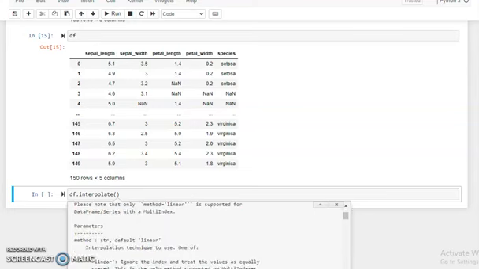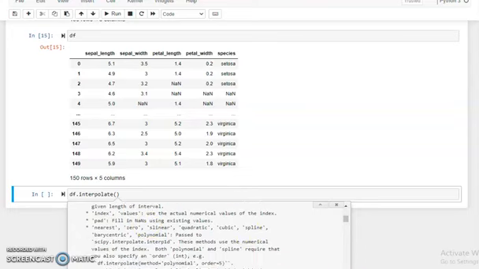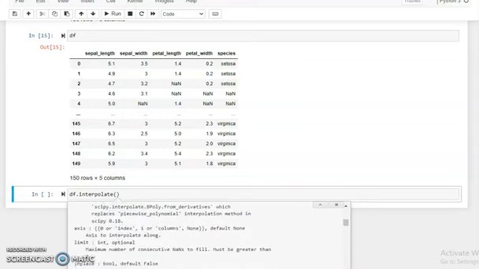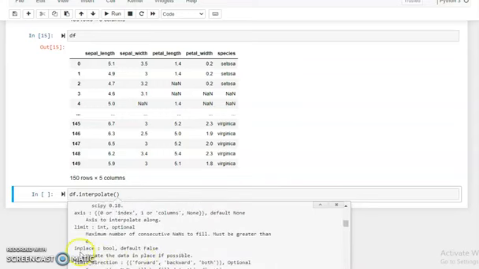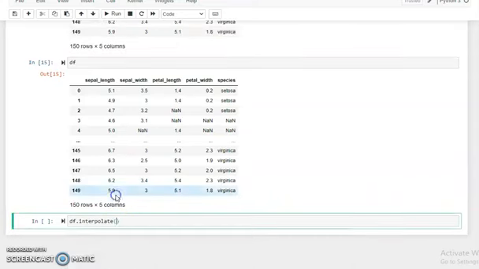The inplace parameter takes a value in the format of boolean. Okay, so it takes a bool value, by default false. If we need to take the true value, we need to specify true. Okay, so how does it work, let's see. Please first write here inplace equal to true,